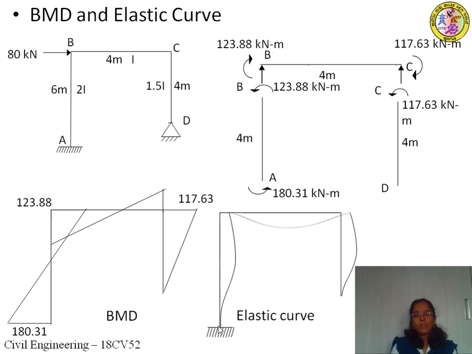Because it's a fixed end, it will be straight for some portion and then it deviates towards right side. The top of the vertical member will be displaced in the lateral direction towards right side, and similar to that, C also displaces in the lateral direction towards right side, and D, because it's a hinge, it should join like this. If you draw a tangent at D, there must exist some slope, whereas if you draw a tangent at this point, you should not have any slope because it's a fixed end. Okay, so this is the variation of elastic curve.